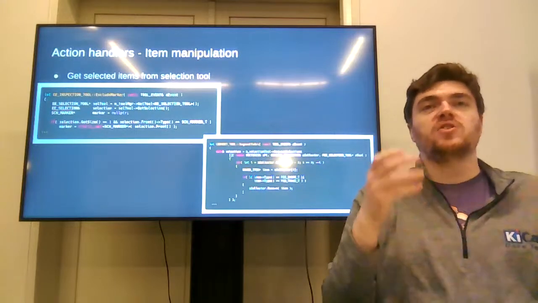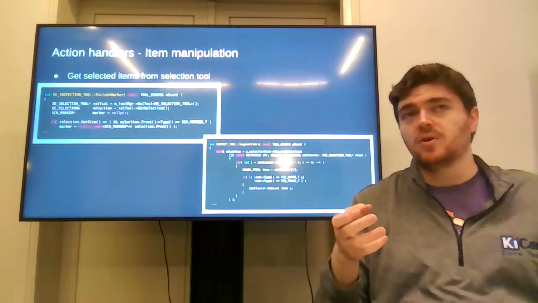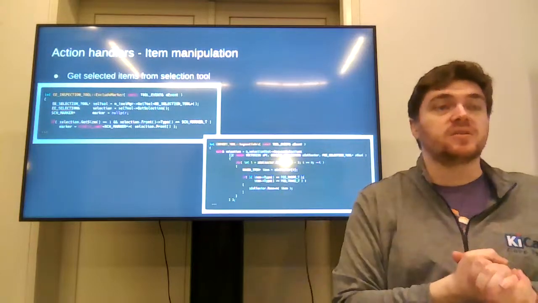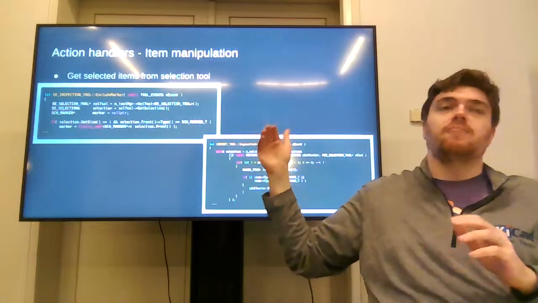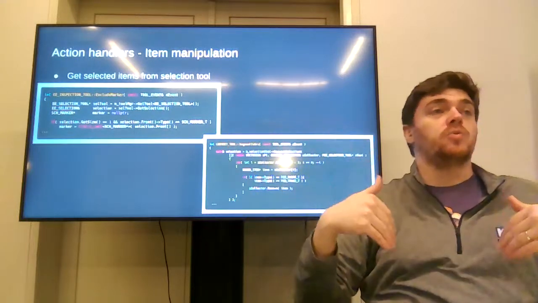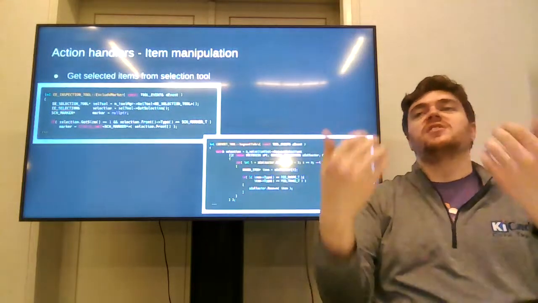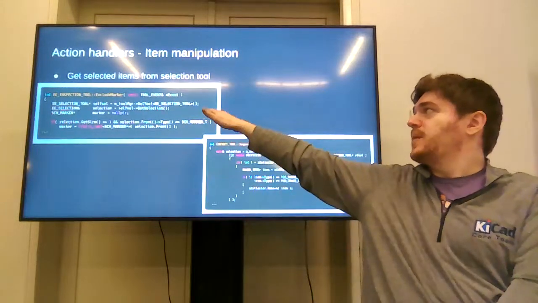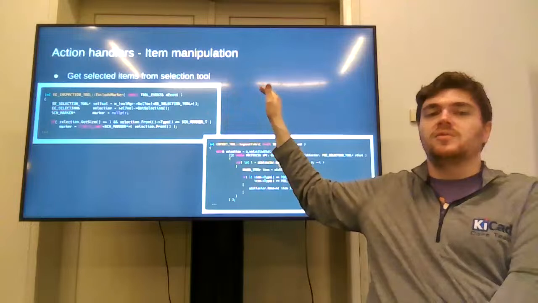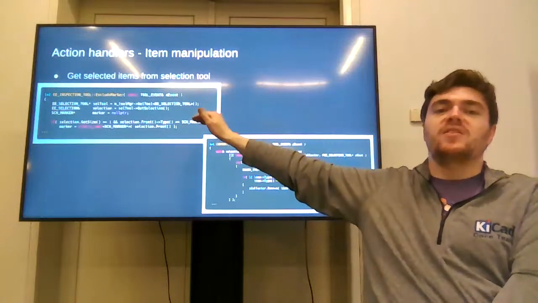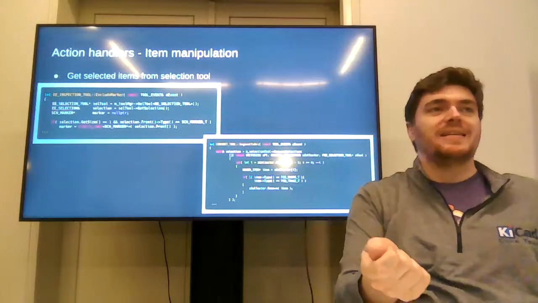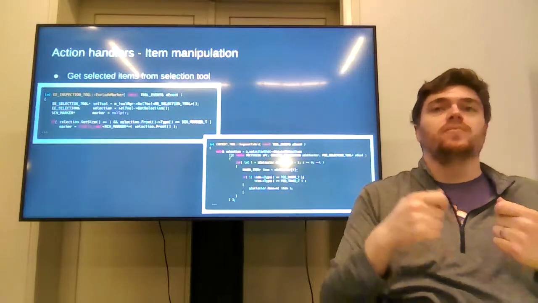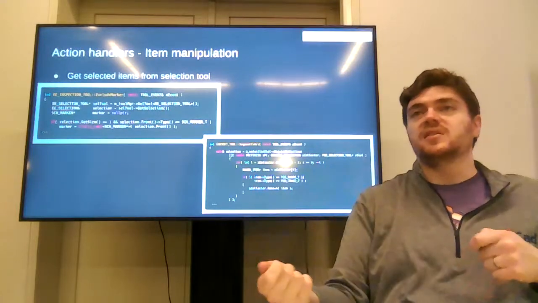In that case, we want to know what the user has selected or the items that are present on the canvas where the mouse pointer is. And so to do that, we have our action handler call into the selection tool that is running. You can do that essentially by saying get tool, selection tool, and then in the selection tool, you say, get the selection, and that will either give you the currently selected items if something is selected,